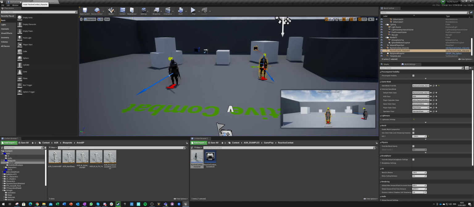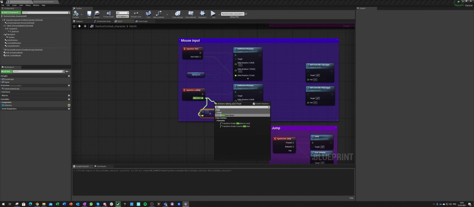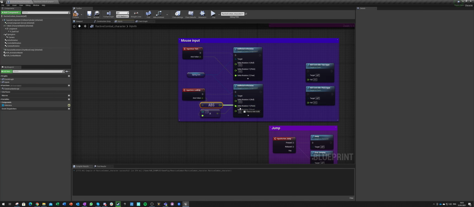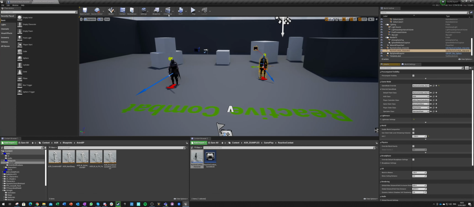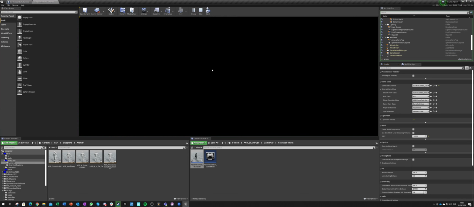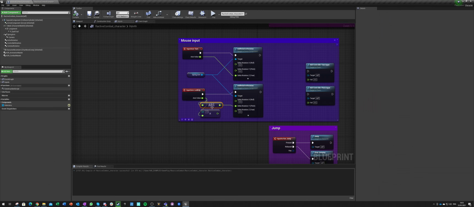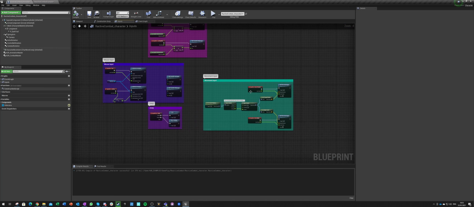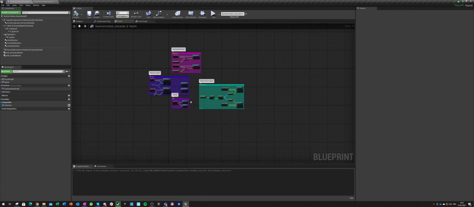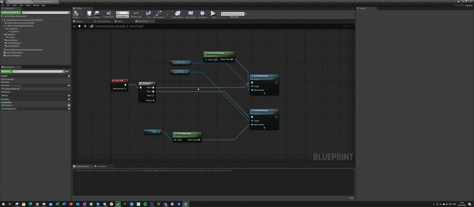Unless Y was, oh, I think it was a negative value by default in our input settings, so let's see. No. Okay, so I have to multiply by -1. This is fine. Now we have this strange situation with our aim offset, which we have to fix.